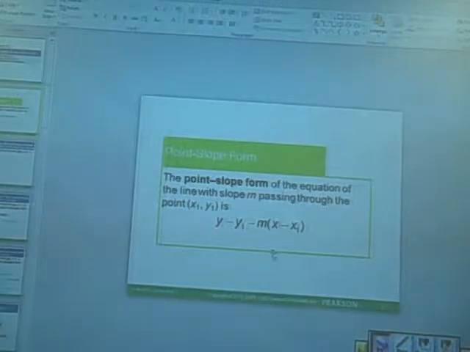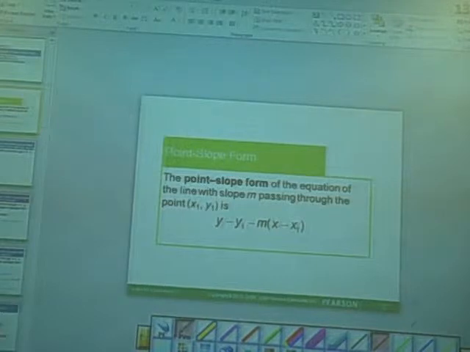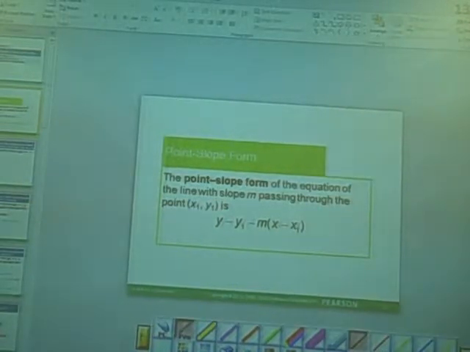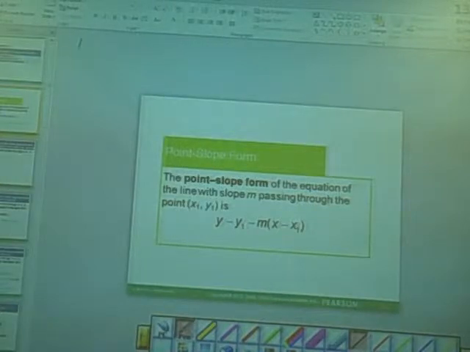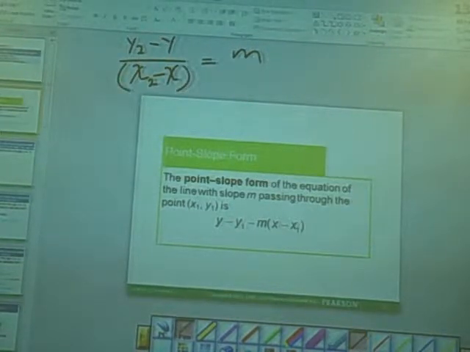starts off as y minus y1 equals the slope times x minus x1. Now, if you were to look at the slope of 2 points equation, m equals y2 minus y1 over x2 minus x1, and then change the slope, put the slope on the other side of the equal sign, erase your x1 and y1, and then multiply,